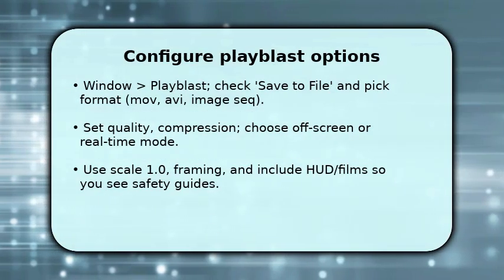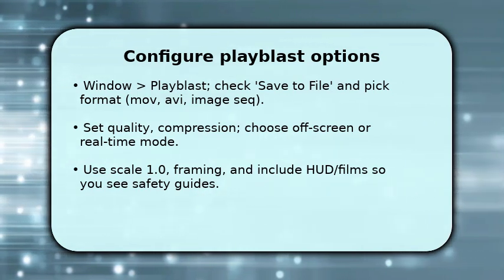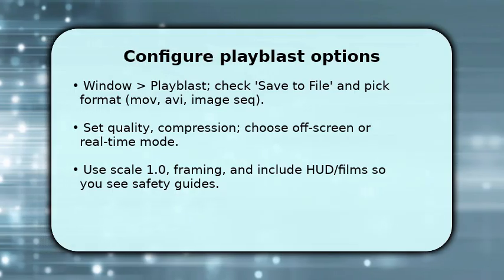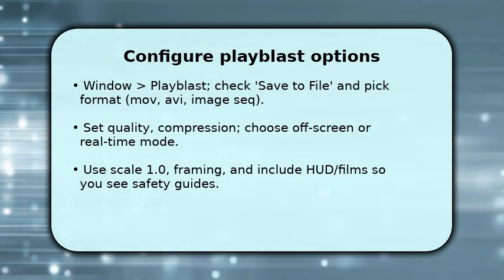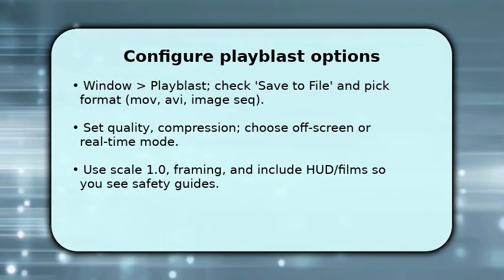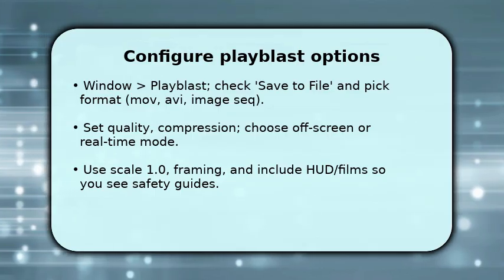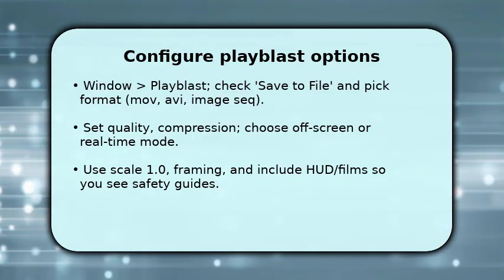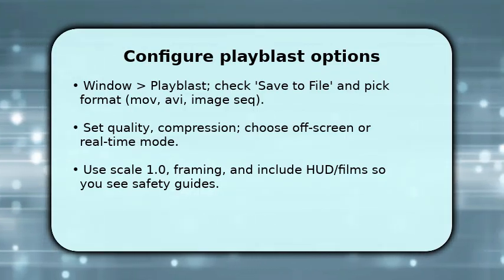Next, open the Playblast options and set up the export details. You must enable Save to File and pick a container or image sequence. Choose compression and quality that balance size and fidelity. Make sure scale is correct and toggle off-screen if you want background rendering. Include HUD elements or frame numbers if needed. They help verify timing. Once configured, preview with a short range to confirm timing and look before committing to a